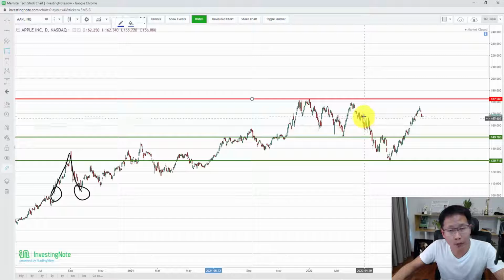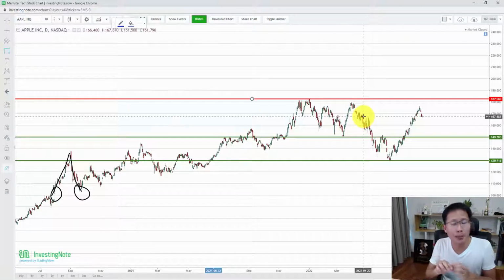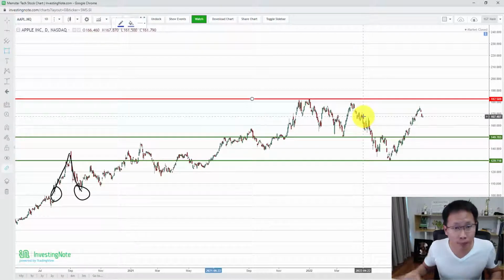I think this would be the zone. So when we have a horizontal line, some of you might like to draw a rectangle for the zone. That's fine as well, but normally I would like to have a line. This is a very clear line. It's very clean. We don't want so many zones, but we can have the line, and then from that line